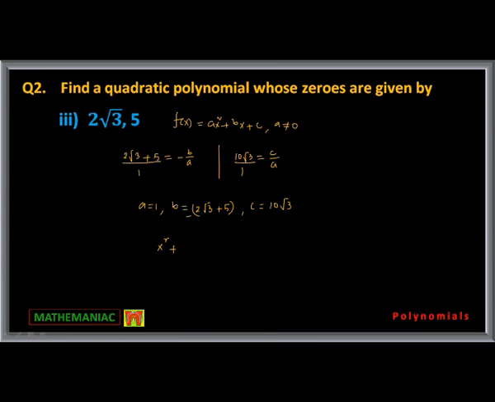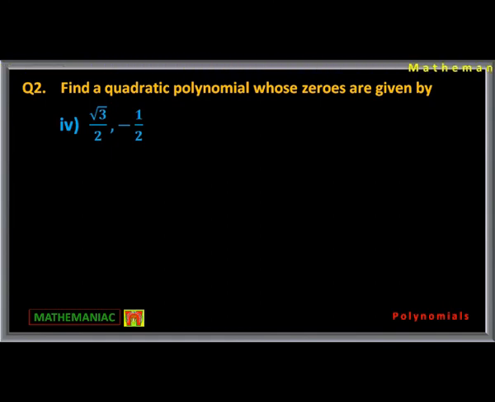So one of the polynomials with these as zeros is x square minus 2 root 3 plus 5 whole into x, and then plus 10 root 3. And if somebody asks you the general polynomial, put a k here, right? That's it, that's it. Next,